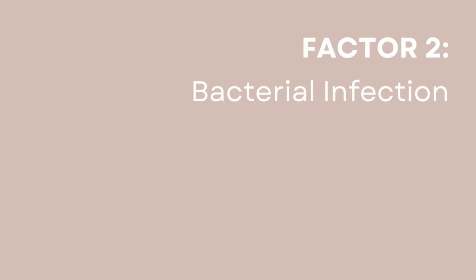Now, factor number 2 is very similar, but this time it's bacteria that is to blame, and this is the most common. So IBS can develop from a stomach bug or gastroenteritis when you have a bacterial infection inside of your gut. Again, persistent low levels of inflammation can trigger IBS to develop, but in addition, an infection in the digestive system may result in injury to the nerves lining your gut. And those nerves are responsible for things such as motility, which is the speed at which food moves down through your bowel, and also for sensation, which is going to make you feel a lot more sensitive, causing pain and irritation. This can be the case with certain types of food poisoning, in particular a bacteria called Campylobacter,